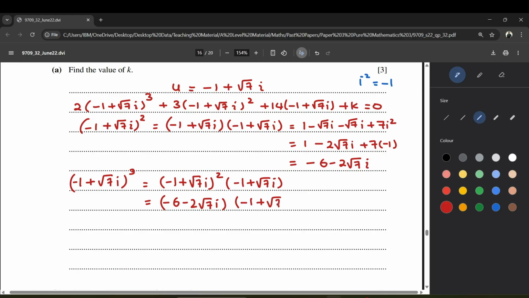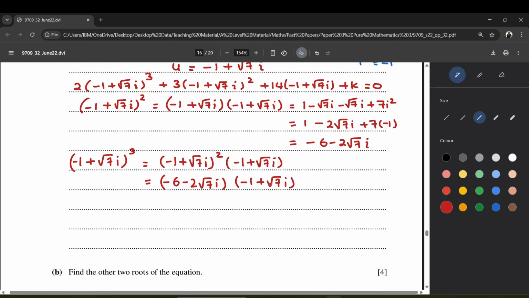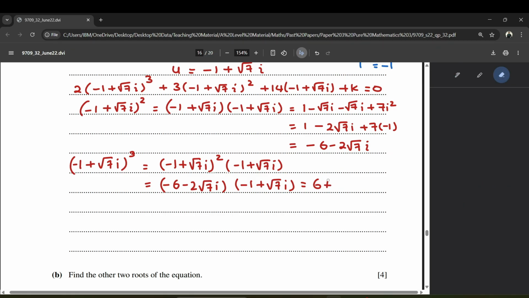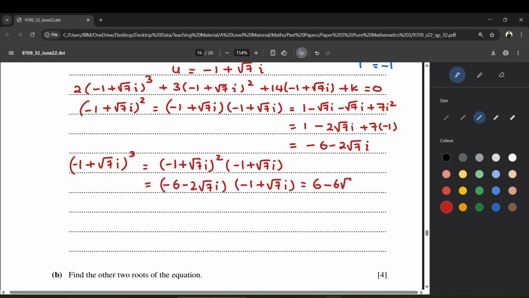Minus 1 plus root 7i. Now this will be 6. Okay. So minus 6 times minus 1, that is positive 6. Minus 6 times root 7i is minus 6 root 7i. Then minus 2 root 7 times minus 1, that will be plus 2 root 7i, and then minus 2 root 7 times root 7. Root 7 times root 7, that will be 7 times minus 2, so that will be